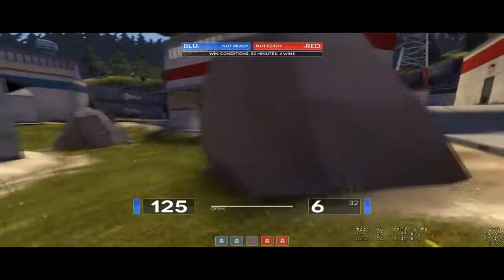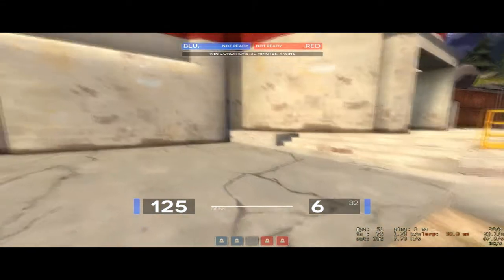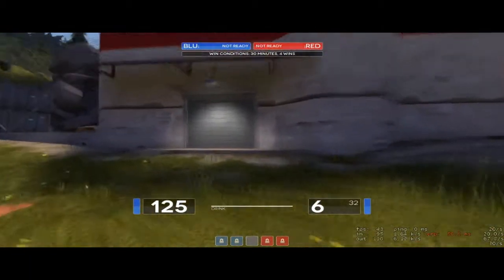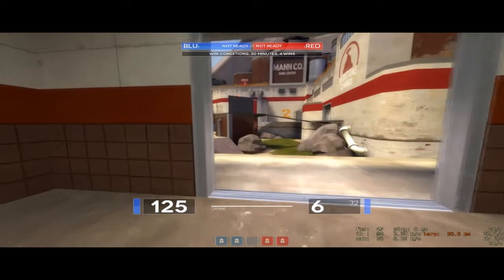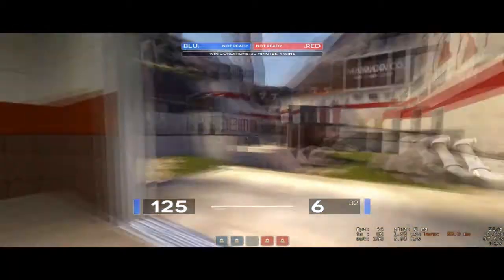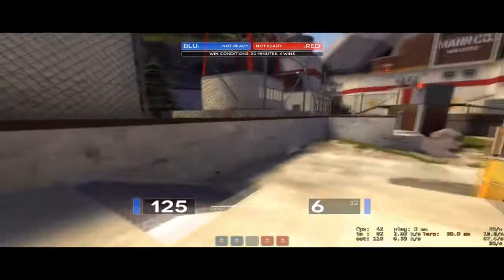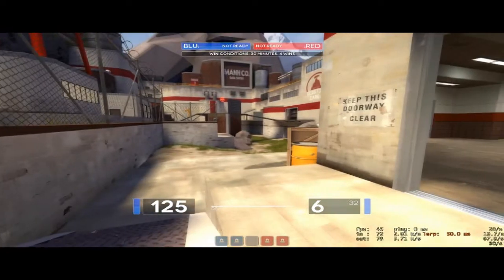From this point, you really have three ways that you can attack second control point, and I'll cover those now. The first way would be to push through their sewer, and this gives you access to the control point, but you're a long way away from it. And because you're a long way away from it, and because from either direction that you push, you're going to be in some giant pick class sightlines,